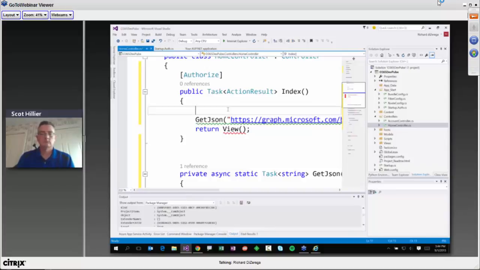So the first step is we're going to send the user off to Azure to sign in. When we send them to sign in to Azure, we're going to say that once they're done and they've signed in and granted us access to their data, because that's something that's going to happen here, it's going to stop and say, do you want to give this user access to your files?